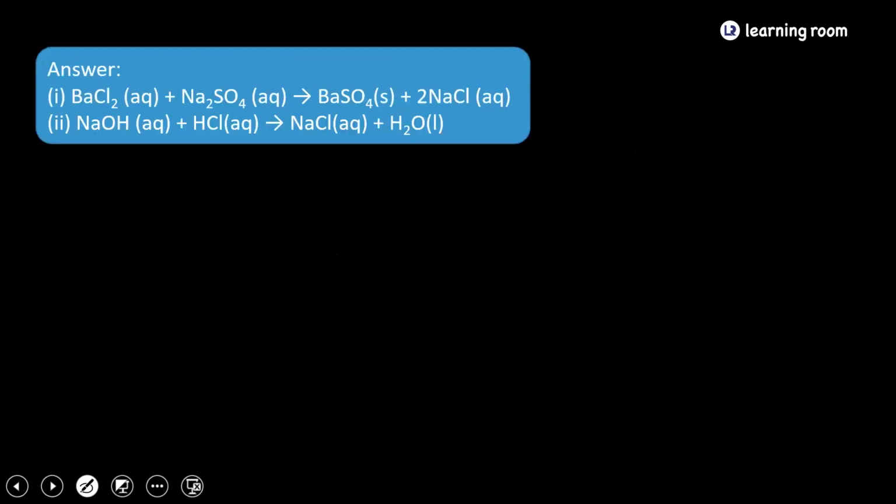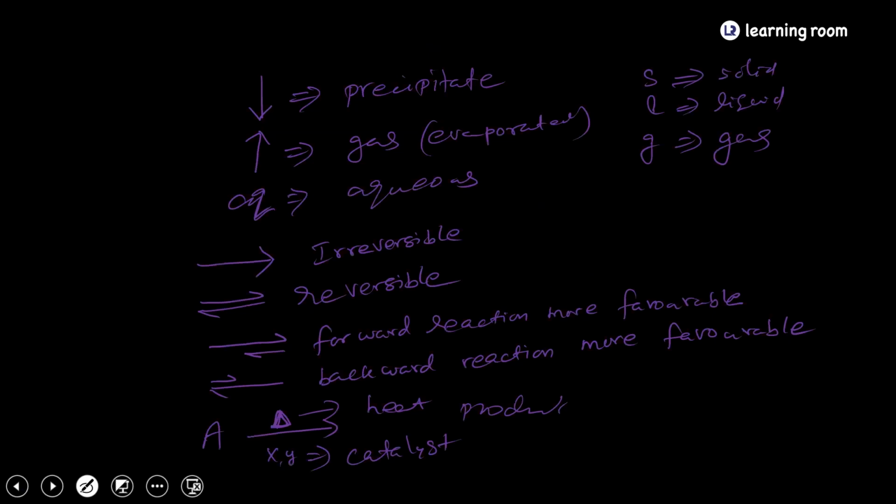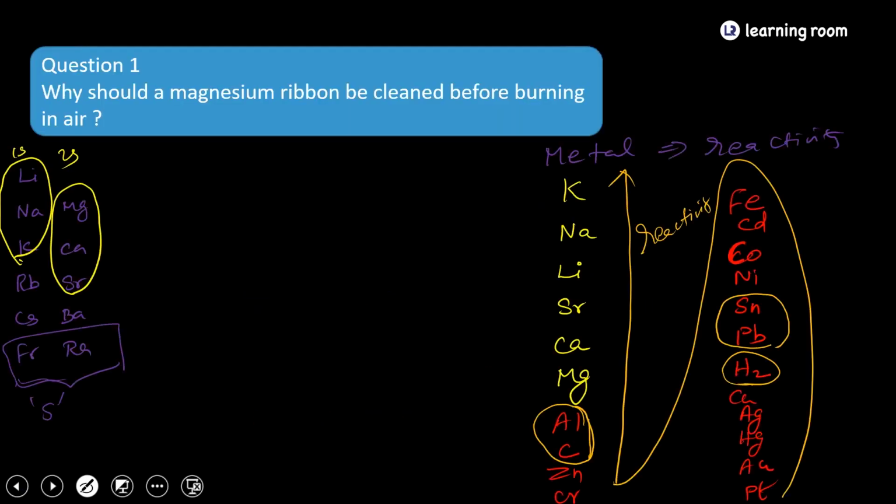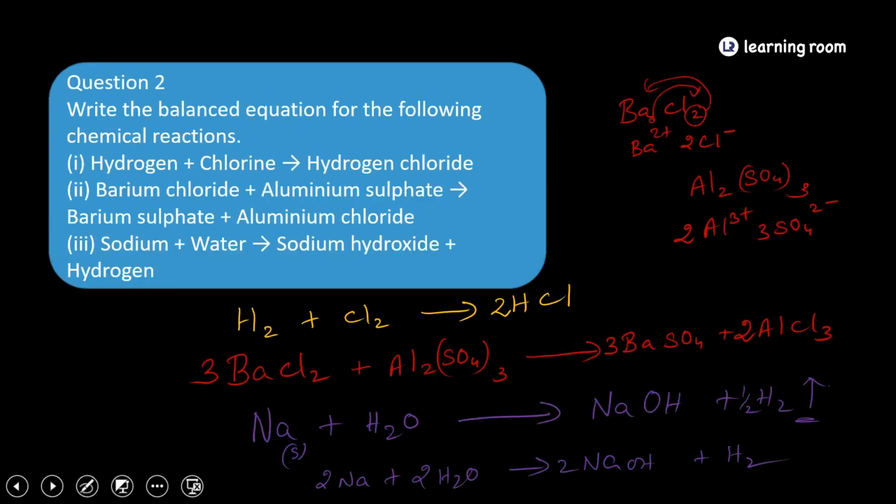So look at this slide. Where is the copper? Here you have copper. Where is the zinc? Here you have the zinc. So the zinc is more reactive than copper. What happened? The zinc can easily replace the copper. So if you have a copper rod and you put it into the zinc sulfate solution, what will happen? That copper will be dissolved and zinc gets replaced. Okay. So this is the information you have to get from here.